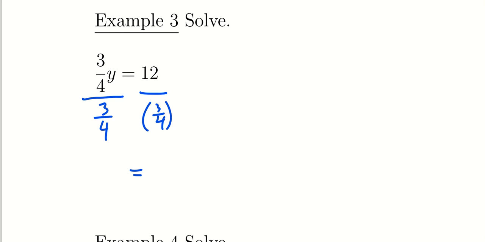As we've seen before, this multiplication by 3/4 and this division by 3/4 will cancel. So we get y equals the result of whatever this computation is. And let me do this off to the side. This is 12